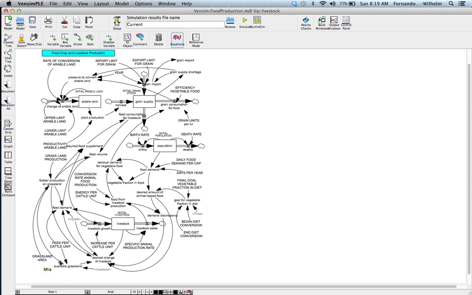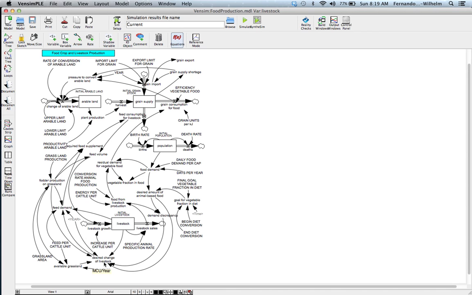Okay, so once that available grass is known, then here you have essentially what's called a desired change of livestock. So this is the amount of livestock from the current conditions, the conditions in 2005, that you want to